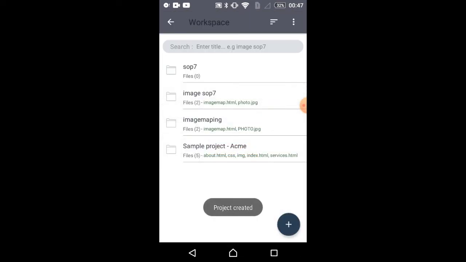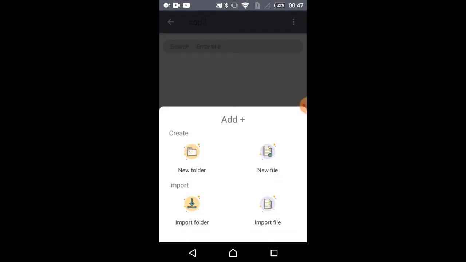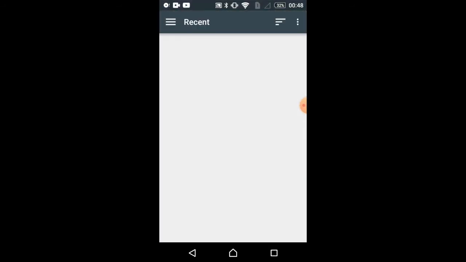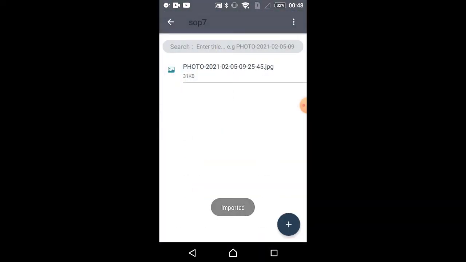then click on open that file, and again first you have to import the file, or you can also import it after you finish writing code. But I am importing it first so I can check the output directly. So after that you have to click on import file, then select the image from the folder, then open. As you can see, my image is imported here in this folder.